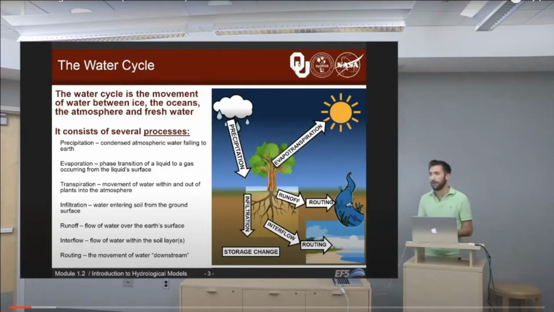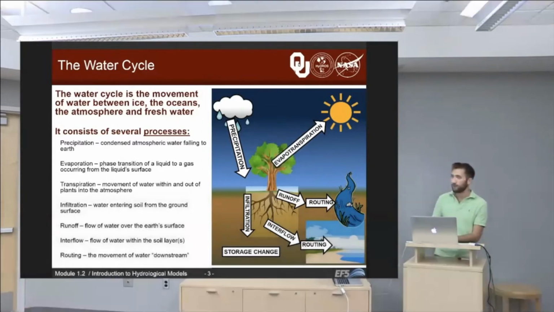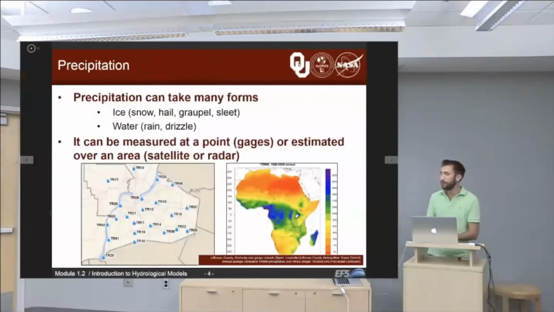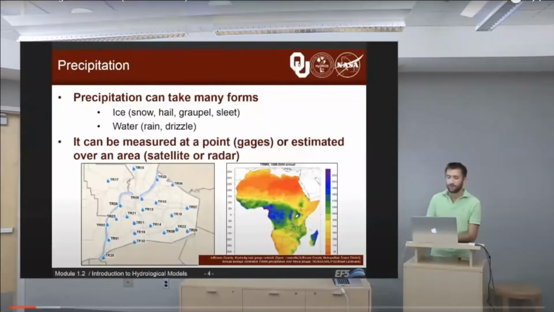And so that can occur from small invisible streams or little rivulets in fields, then down into brooks, and then larger streams, and then rivers, and then eventually the ocean. So precipitation can take many forms, and we divide those basically into ice and water. So if it's ice, it could be snow, hail, graupel, or sleet. If it's water, it can fall as rain or drizzle, and it can be measured in a couple of different